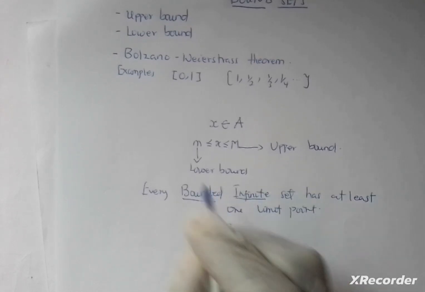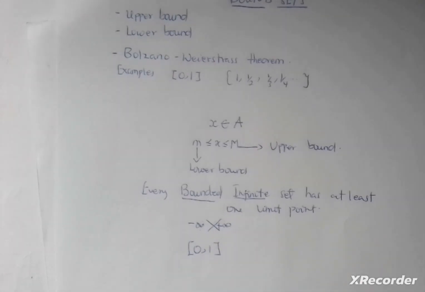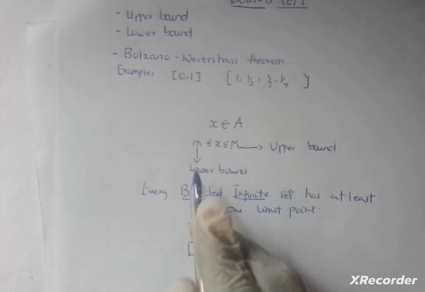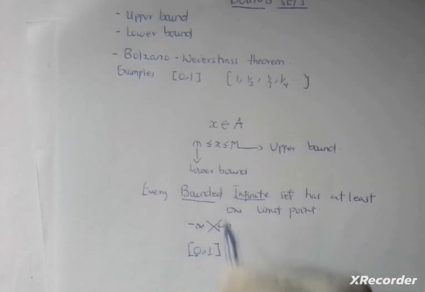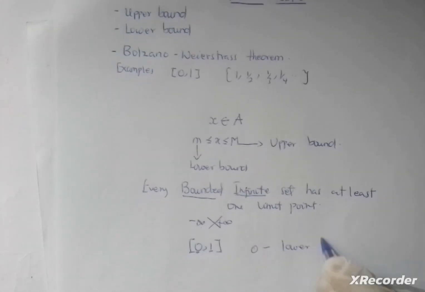So first of all, let's take this example. Have the closed interval 0, 1. This is an interval, and it consists of an infinite number of elements, which we can list from 0 to 1. But when you look here, we have a number 0, we have a number 1. This 0 is smaller than 1, yes, and it represents our small m here, and this 1 represents our bigger M here. We can say that 0 is the lower bound